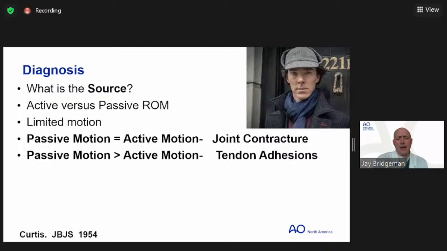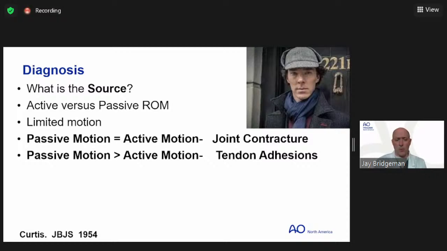But the key here is, at the point at which they failed therapy and you're anticipating or planning a surgery, where's the source of their stiffness? How can you elucidate the different patterns of stiffness to come up with a unified treatment plan? And this is a very well-written article describing the different patterns of stiffness and how to examine patients from